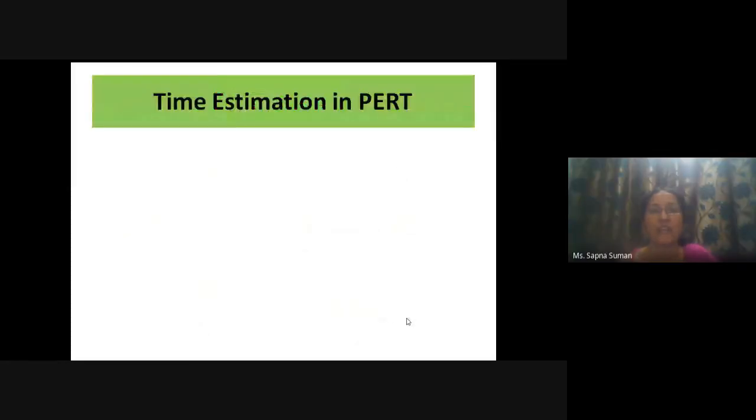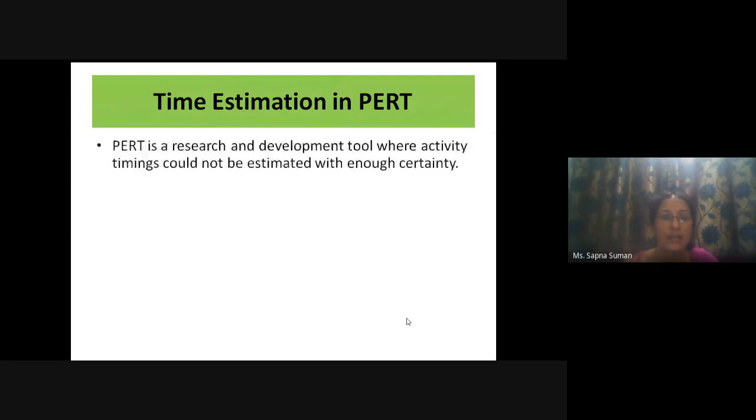Okay. So today we will see the various types of time estimation. The time estimation that is done in the PERT chart. So again, we will come across certain